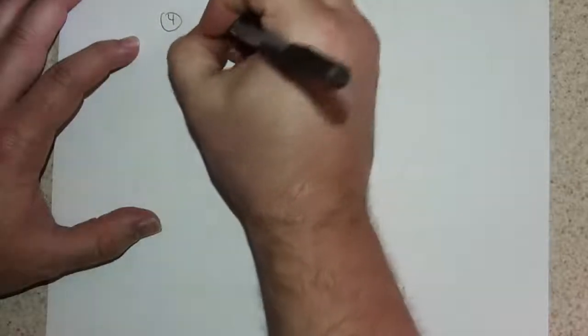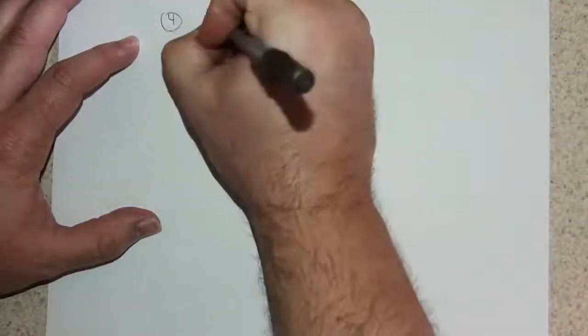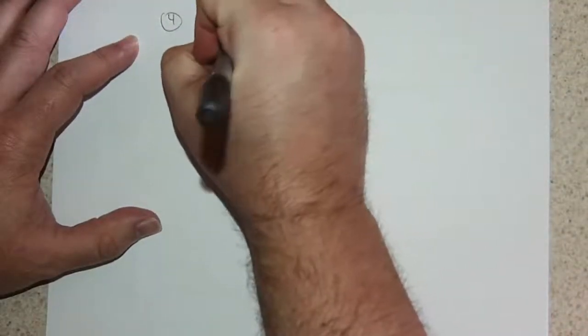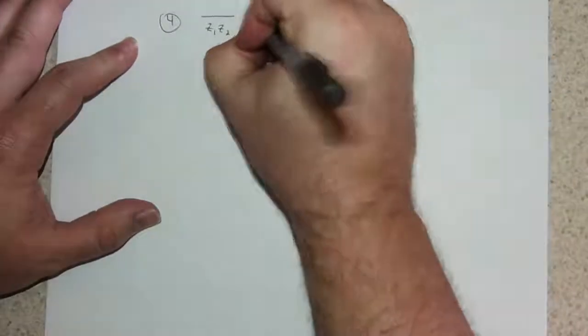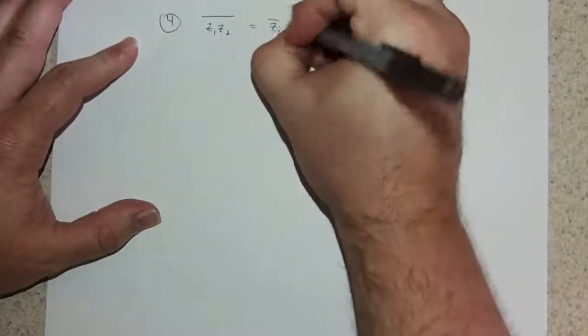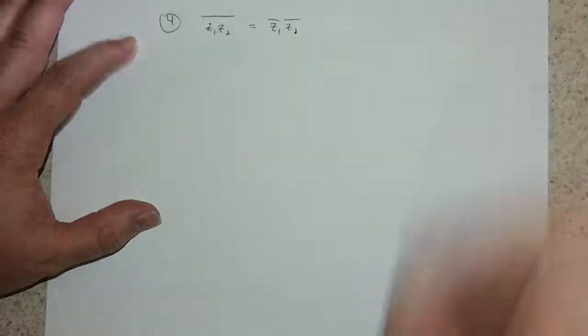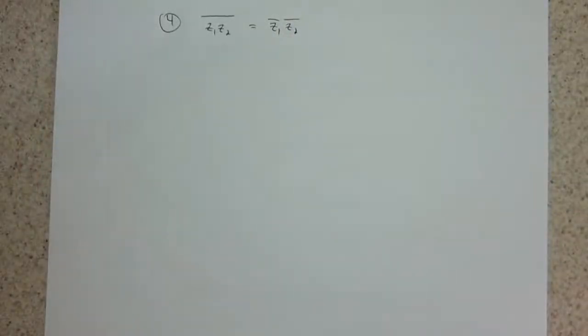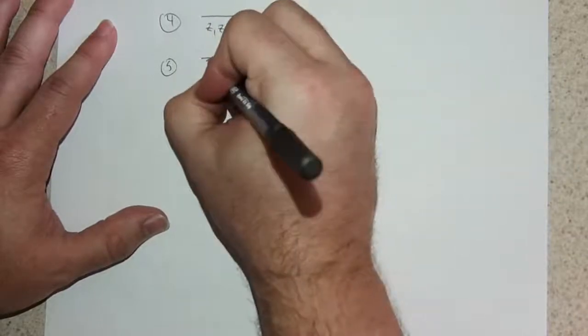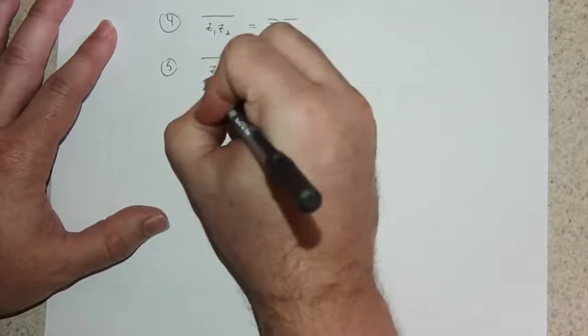All right, so a next fact that is also true here, and for similar reasons, is if I consider the conjugate of a product, what do you know? It's the product of the conjugates. Right? Okay. If I consider the conjugate of a quotient,